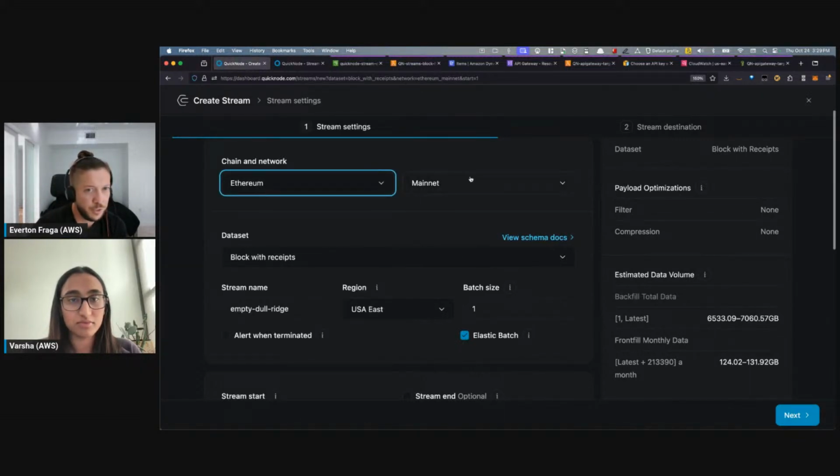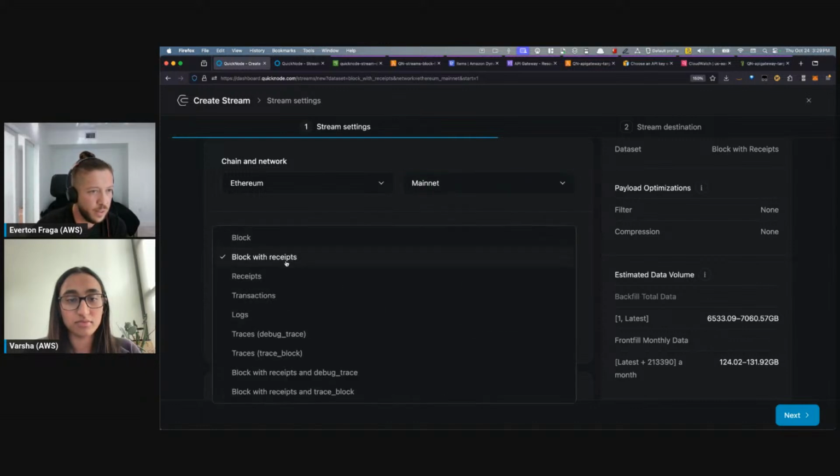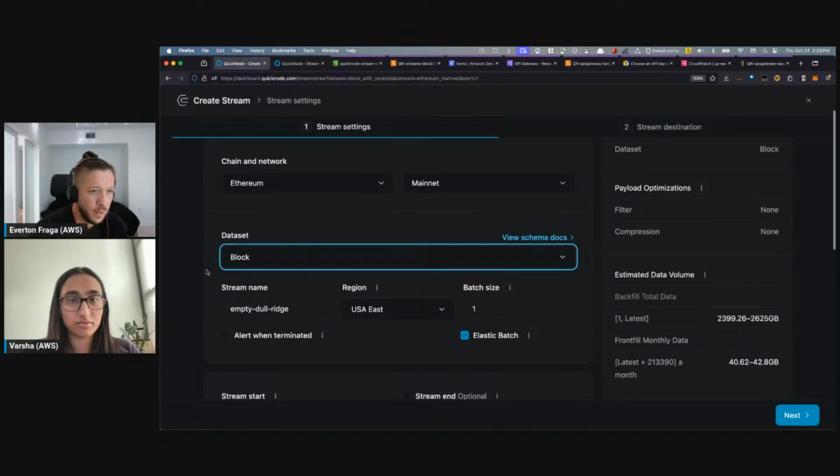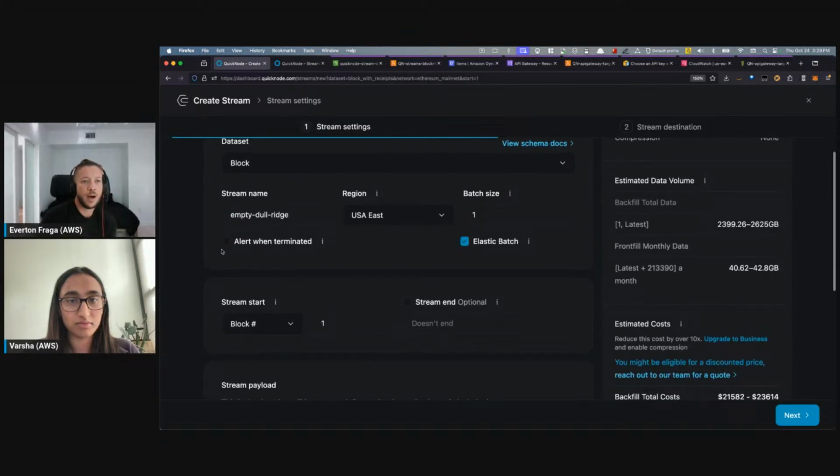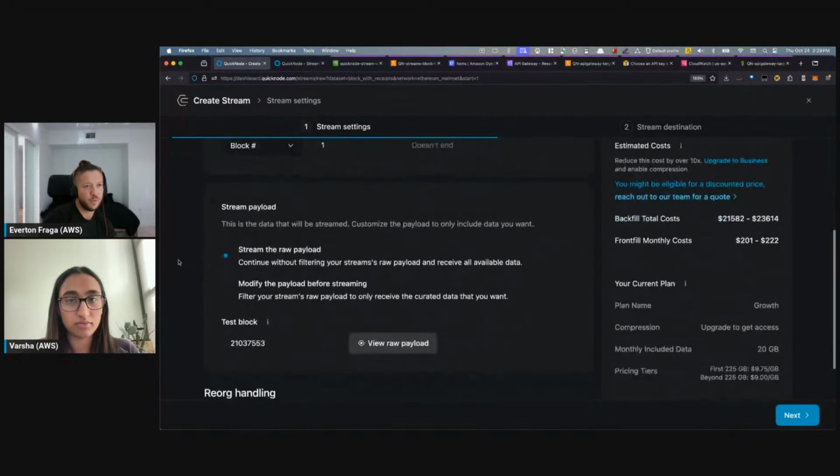So chain selection, basically Ethereum mainnet, then you can select what is the scope of your data. For this example, I chose the batch size number 1, so I'll receive one block event at a time. And because my use case includes receiving only the latest data, just one would be enough, right?